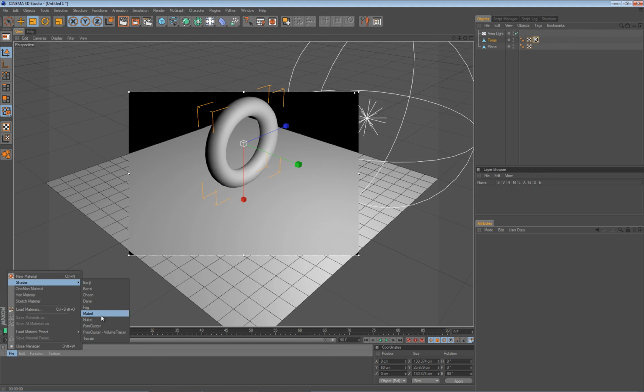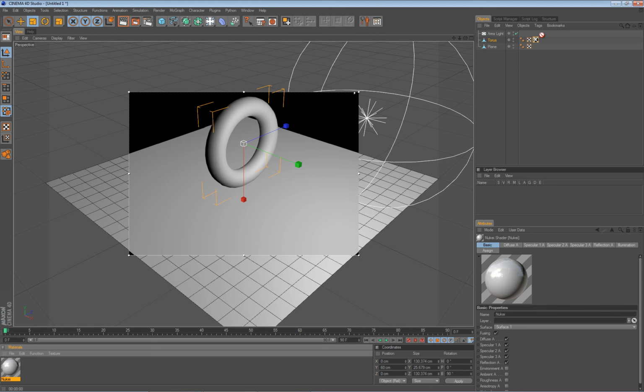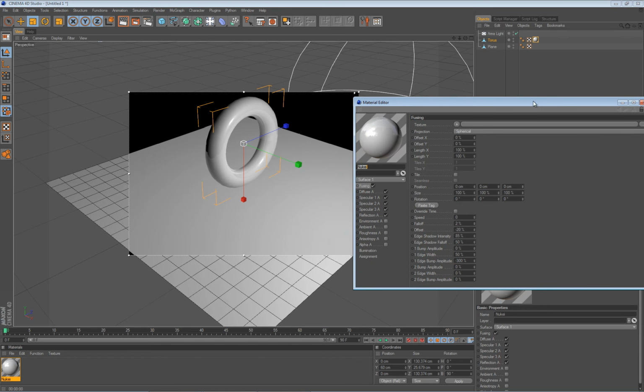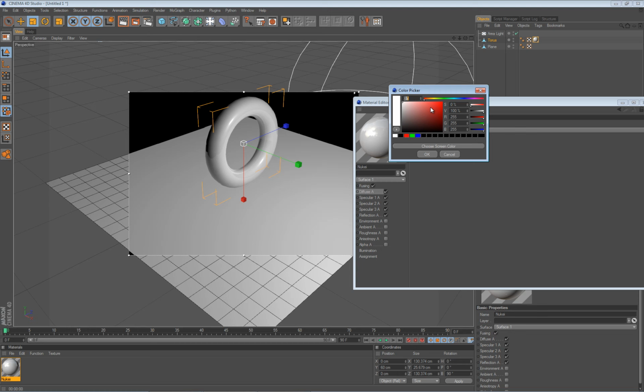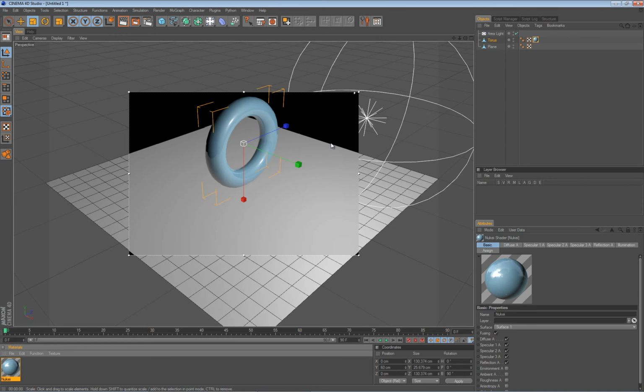Well, the last one I want to cover is Nuke shader. Nuke shader is especially suitable for creating really metallic looking stuff and polishes, and for example for cars. Let me just show you some. I'll change the color to something like, well, let's go for a blue one this time. And it can yield really good results on those surfaces. I think it's only fair to cover this. I'll delete this